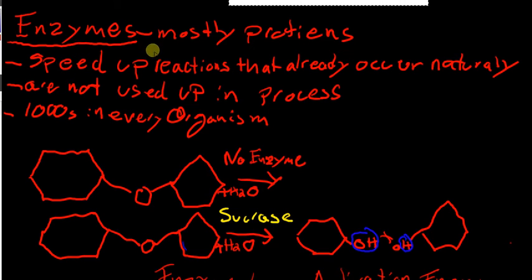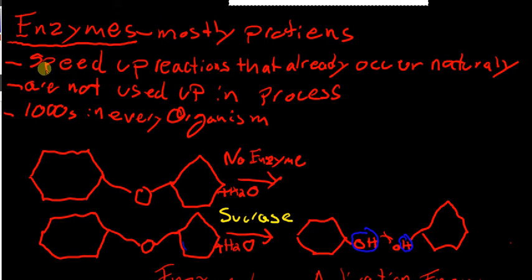Alright, enzymes are the topic of our video today, and they're very important because they help reactions in all organisms happen in a timely manner. So nothing that went on in our bodies chemically could happen without enzymes. Now, enzymes are mostly proteins. That's why we're studying it after proteins. One example of a non-protein enzyme is RNA, which is a nucleic acid, but we'll talk about its enzymatic role